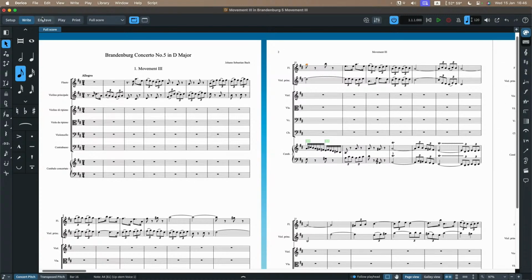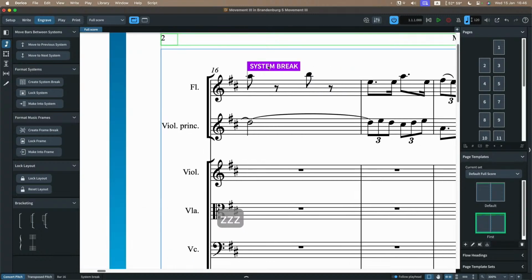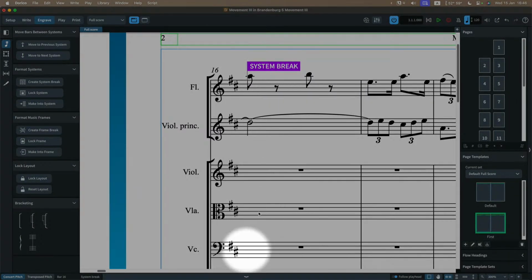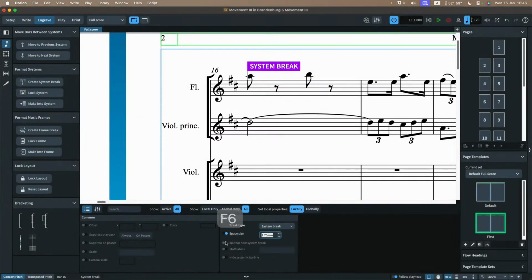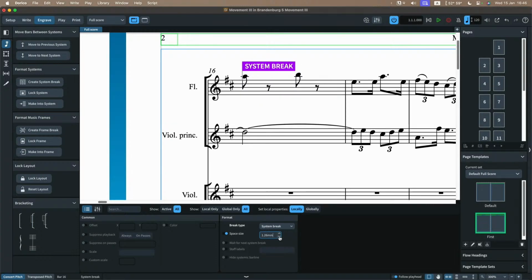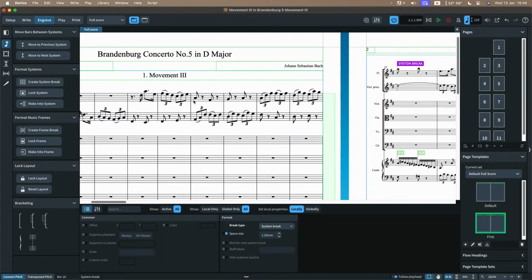If you go to engrave mode and you set a system break or a frame break, there's a little signpost here, and then at the very bottom of the screen, with that selected, you open the properties panel. You can set a space size, and I said 1.75 was important, because that's the space size you're setting. So if you make this a little bit smaller, 1.26 for example, the staves are now a different